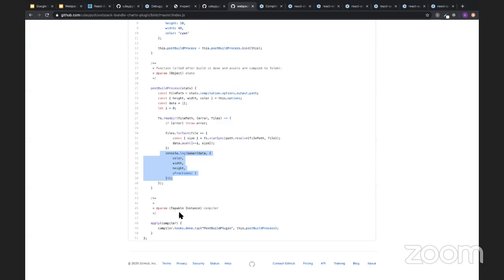You can create a lot of things on top of it. It's not like this is the only restricted thing. You can use a lot of hooks to do that.